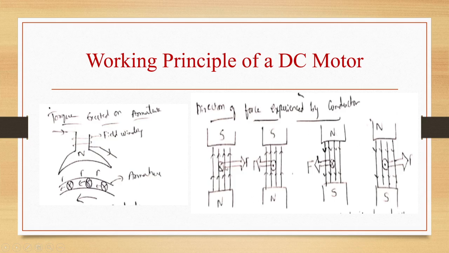So we have considered the first case for our explanation, that is, direction of current away from the observer. And in the other case, with south and north pole, the direction of current is towards the observer, away and towards, but the direction of main flux will be reversed here. So accordingly the force direction will change. And then how we are giving the current to the armature.